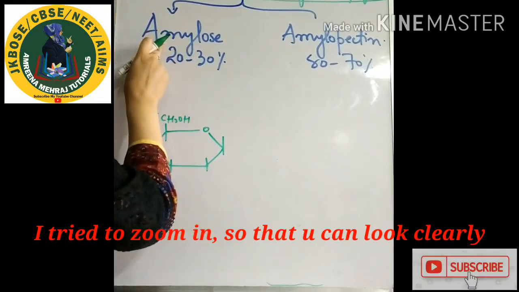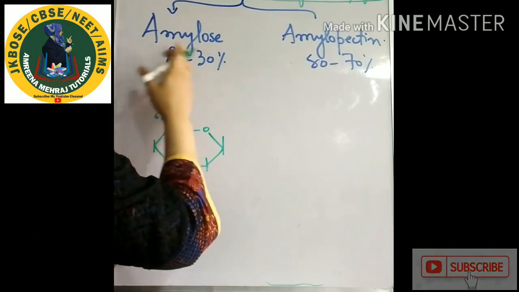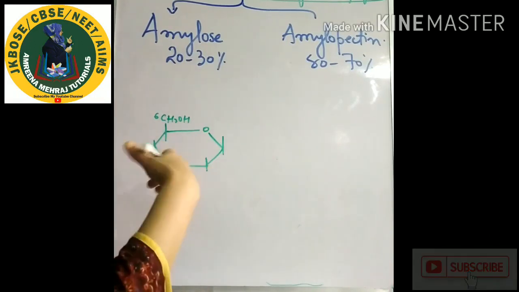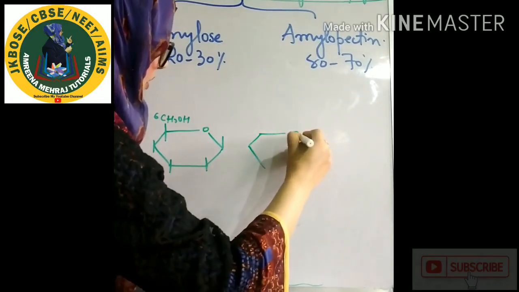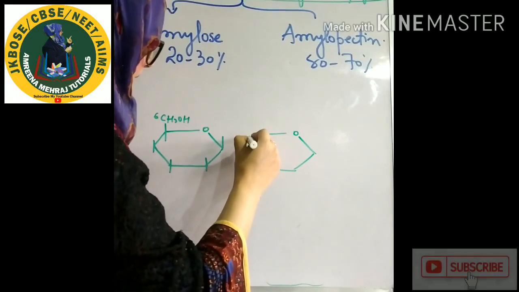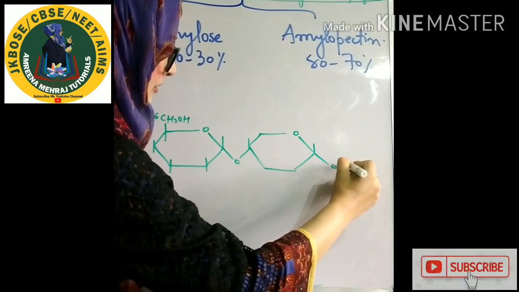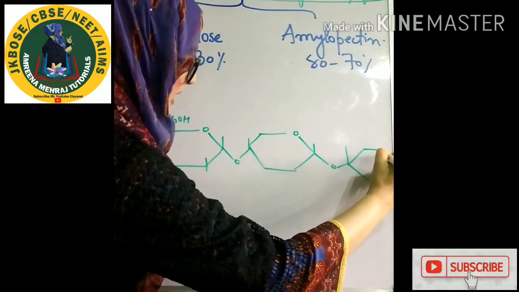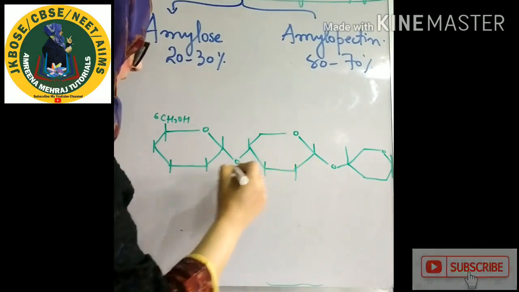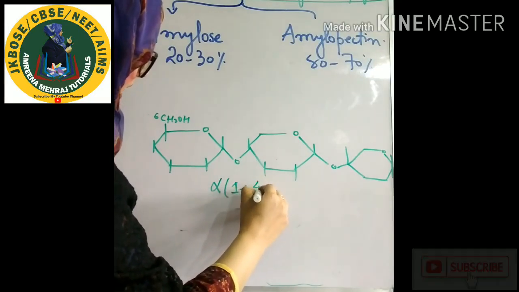Now let us try to figure out what amylose has. Amylose is a polymer of alpha D glucose. The question is, which type of bond? Nothing to worry about. Let us take another glucose. Let me quickly show you the bond also. Over here you have it like this, and this is your glycosidic bond. Let me show you another. Then you have another. In this way the chain continues. You can guess about this bond over here. This is the alpha 1 to 4